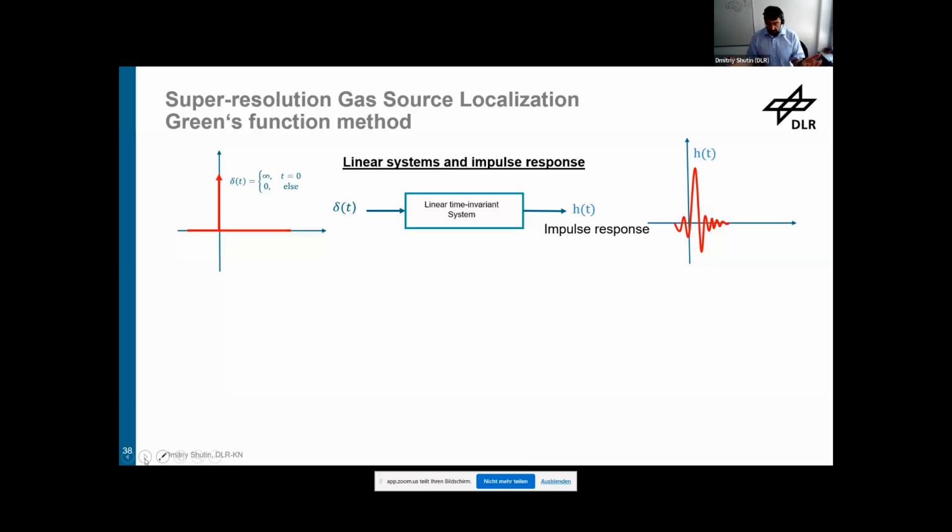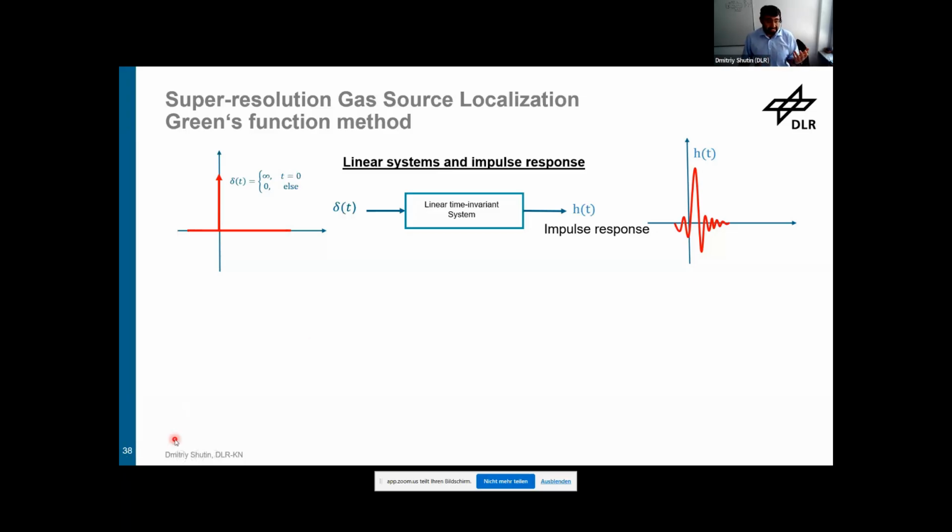So if you have a linear time invariant system and you kick it with a Dirac impulse, the system produces an output which we call an impulse response. And we say that if the system is linear time invariant, it adheres to the superposition principle. So we can then predict or compute the output of the system to any linear combination of impulses by just linearly combining the corresponding impulse responses. So the system can be studied in terms of this impulse response.